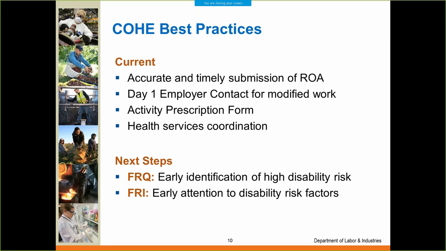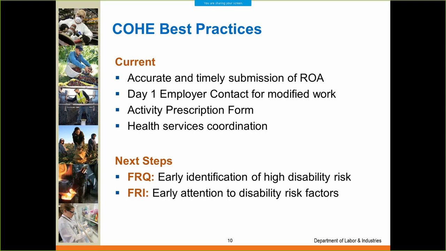There's another best practice that was out there of looking at impediments to return to work. That one in the research didn't show up as being very powerful in terms of reducing the disability, so that's more work. We're just trying to figure out how that fits in best. But the next steps in these COHE best practices are these FRQs: early identification of who's at high disability risk,